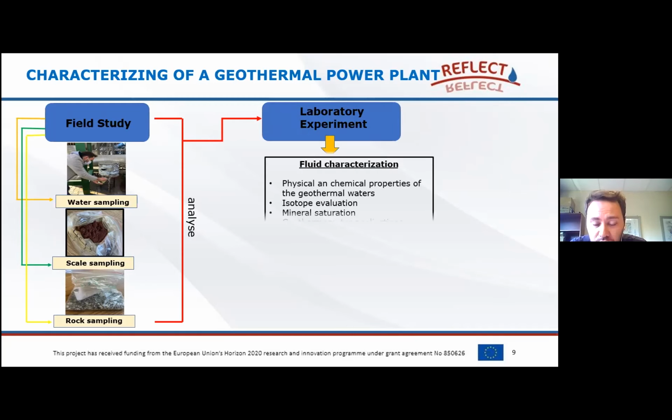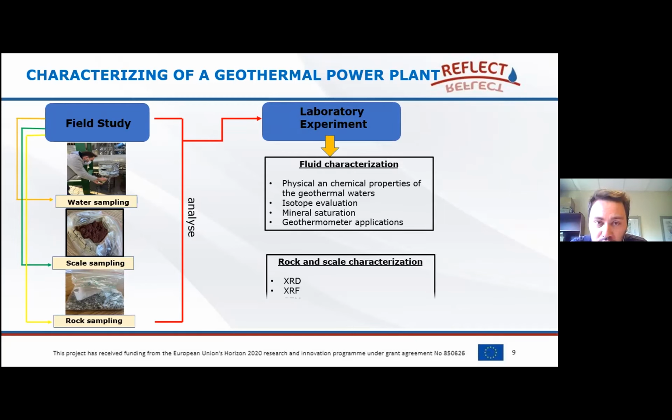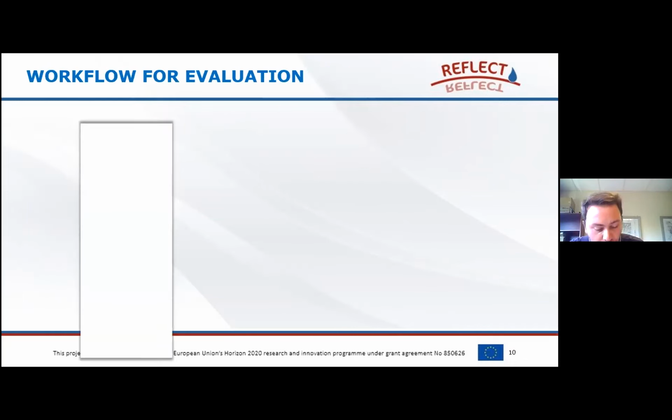So we try to understand the elemental composition of the rock and scale samples, of course, by performing XRD, XRF, and SEM analysis. At this point, we try to find the answer to which rock types in the reservoir are related to the scale sample. After doing these evaluations,